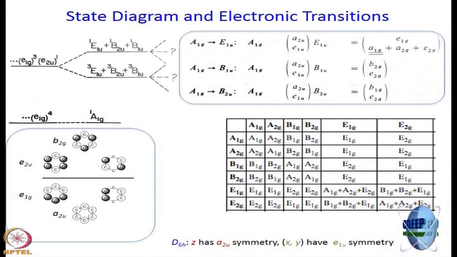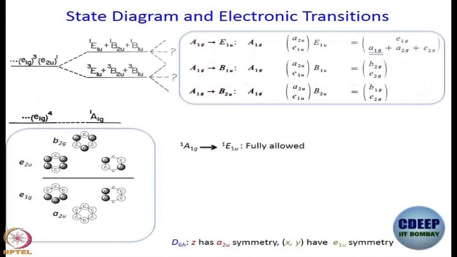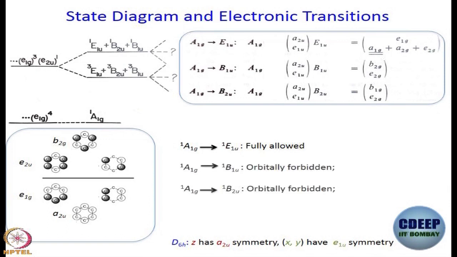Similarly, you can work out these as well, and you can convince yourselves that in only one case I get A1g, and that is the A1g to E1u transition. So, that is what tells us that singlet A1g to singlet E1u is a fully allowed transition. What is the meaning of fully allowed transition? Spin allowed as well as orbitally allowed. The other two are orbitally forbidden,